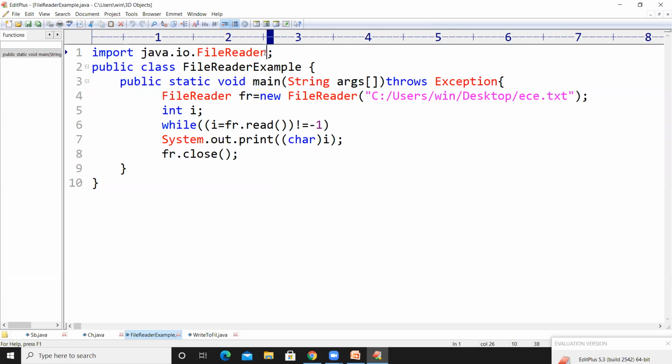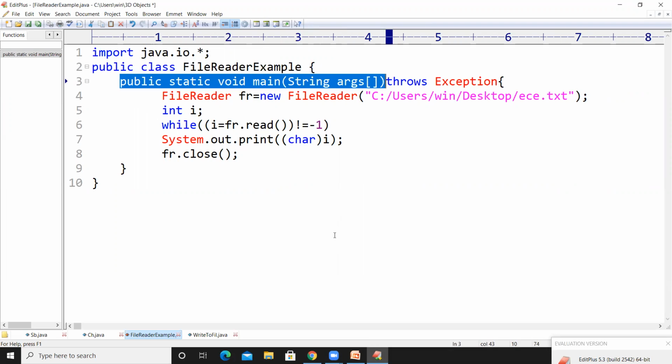Here, I don't want to confuse you. Just use star. The first line is import java.io.*, which is trying to import a package. The name of the package is the IO package, which means input output package, right? And then I have defined a class with the name FileReaderExample, and I am defining the main method in Java,